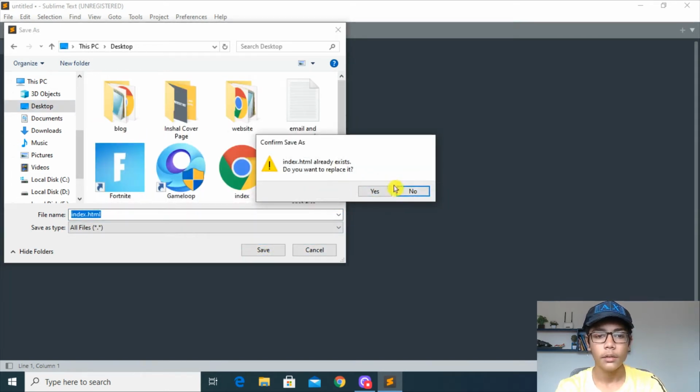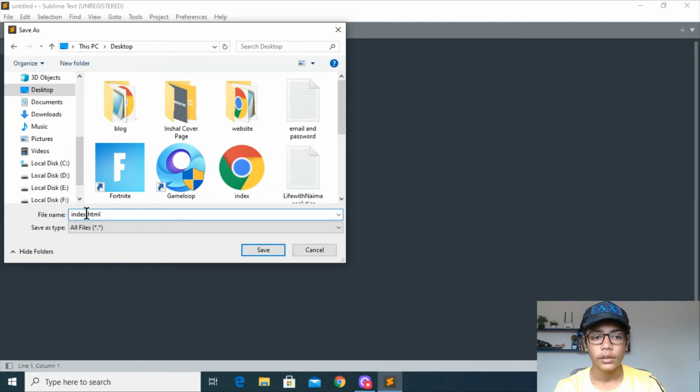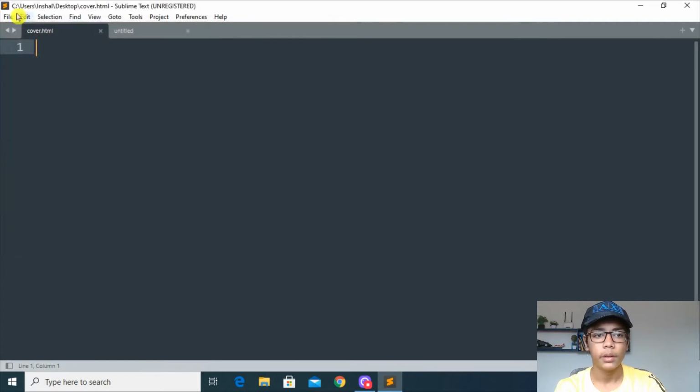If you have already made a file on desktop with the name index.html, it will say the file already exists and ask whether you want to replace it. So I will press no, and you can change the name to any other. I will write cover.html and save that on desktop.